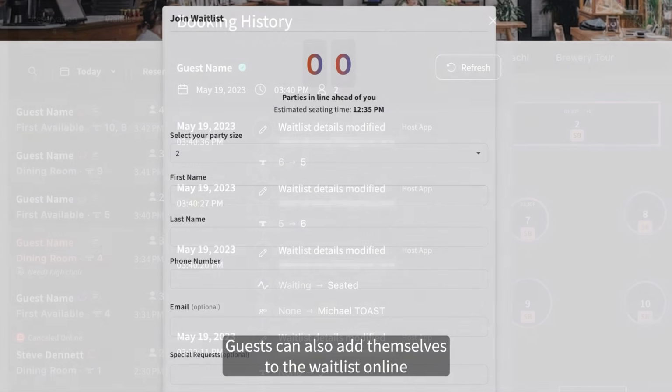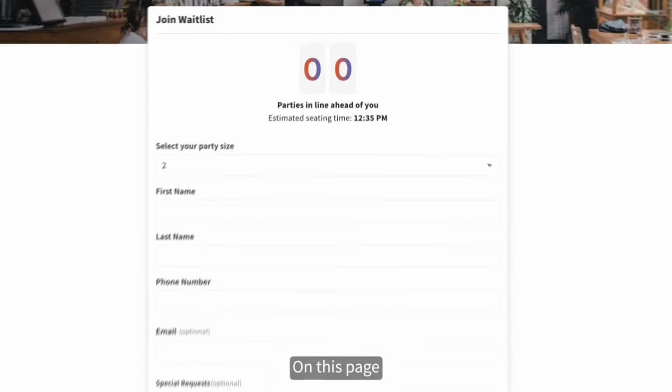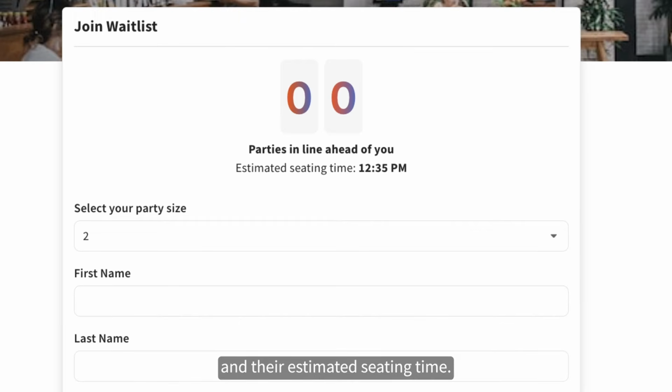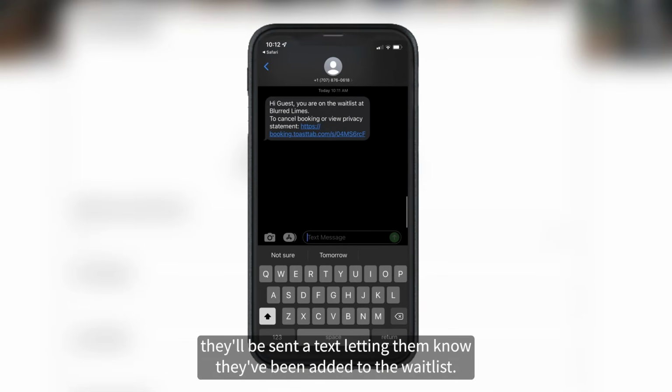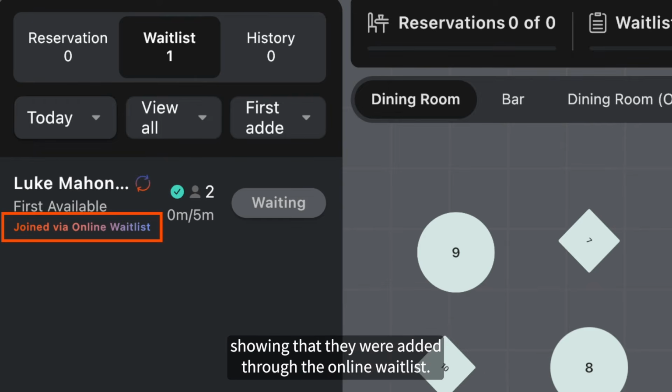Guests can also add themselves to the waitlist online through your restaurant's online waitlist link. On this page, they can see how many parties are ahead of them on the waitlist and their estimated seating time. After entering their party's information, they'll be sent a text letting them know they've been added to the waitlist. On the app, you'll then see the guest's information on the waitlist with a tag showing that they were added